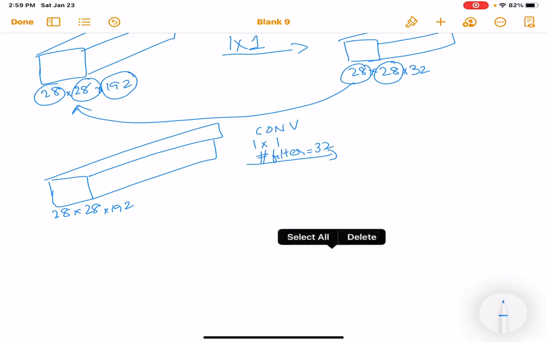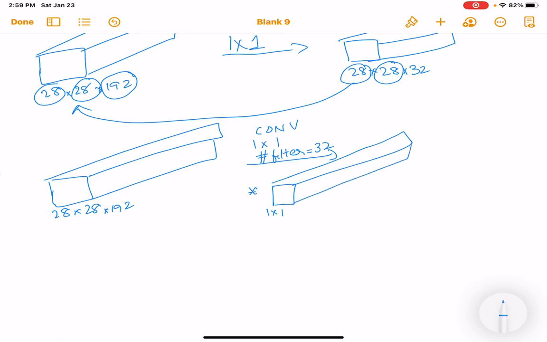So I am convolving this with a 1 cross 1 filter, and of course the filter depth would be the same as that of your input, which is 192. And I have similarly such 10 filters, right? So in that case, my resultant output will be, again using the equation,